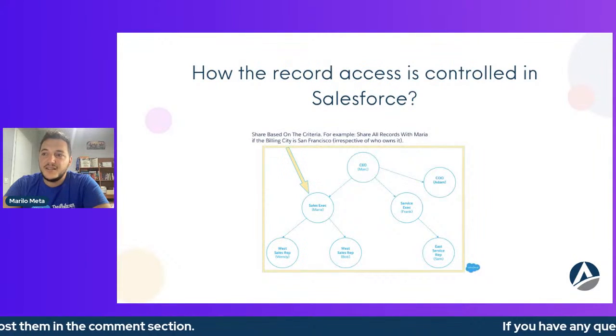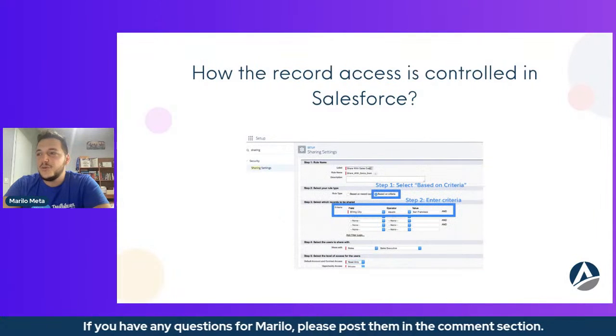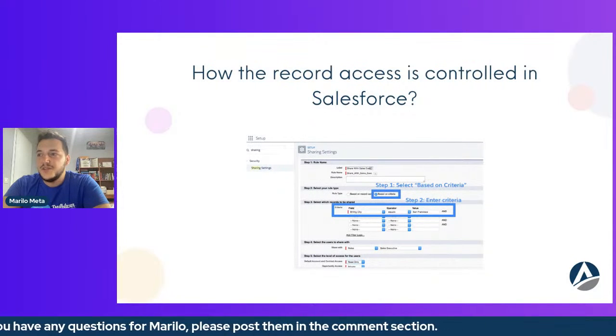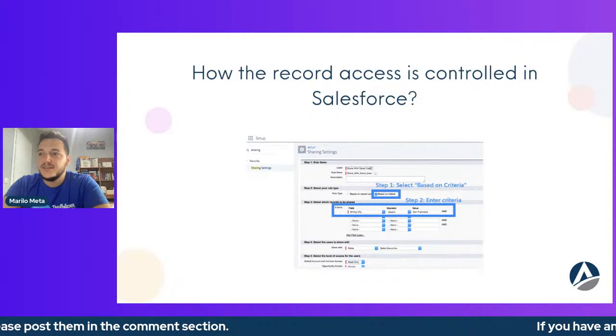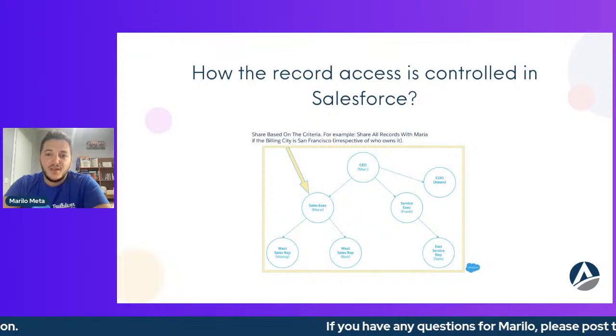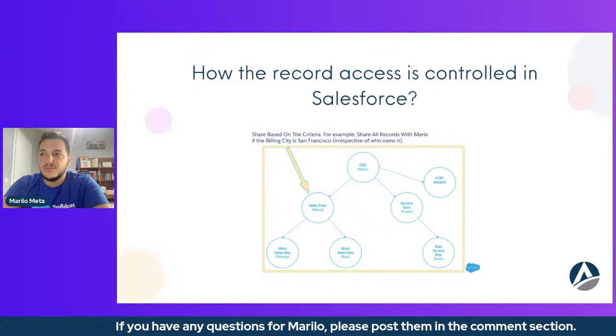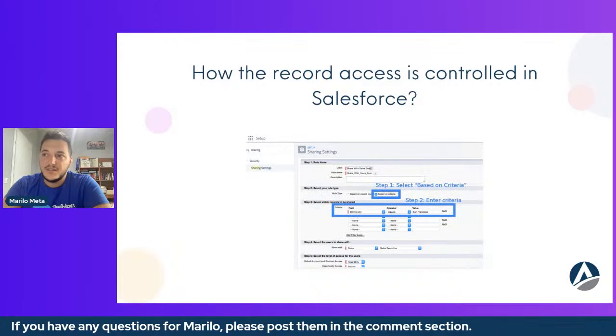You enter the criteria from West sales rep, the records created by West sales rep that you want to share with the other. So you enter the field, the operator equals, the value, and share with a role or public groups. The system administrator can create public groups, so it's easy to add users in these public groups